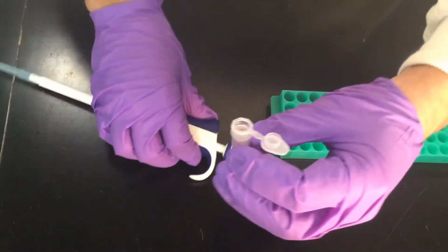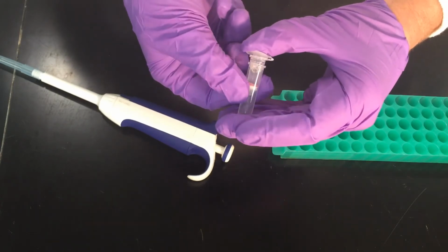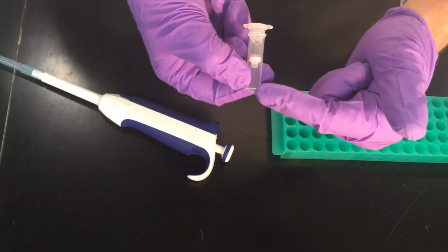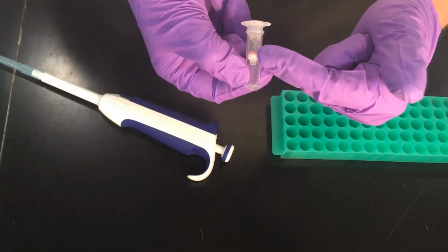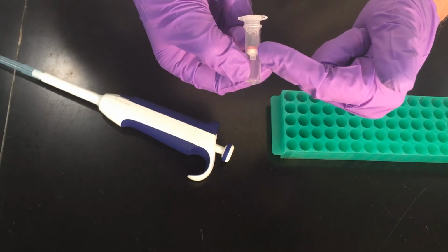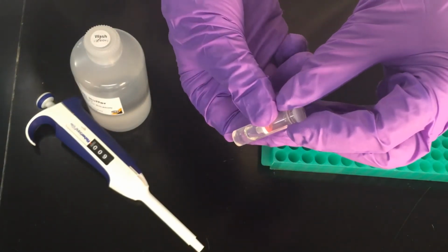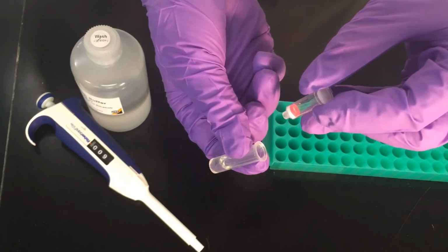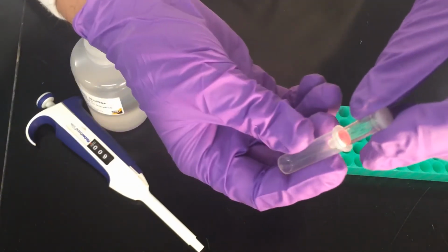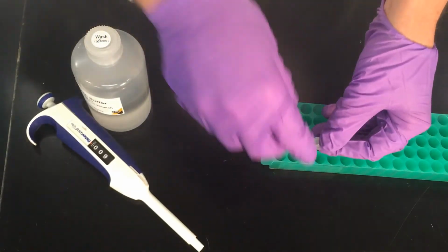You can see this has a nice little lid. That's going to go in the centrifuge. It's going to get spun. The liquid is going to go from the top to the bottom. As it passes through the filter, the DNA in the plasmids will be captured on the glass filter. Here it is after the centrifugation. You can see the liquid in the bottom. Like I said, this is going to be waste, so I'm going to dispose of that. I'm going to put the spin column back in the collection tube, and the next step is I'm going to